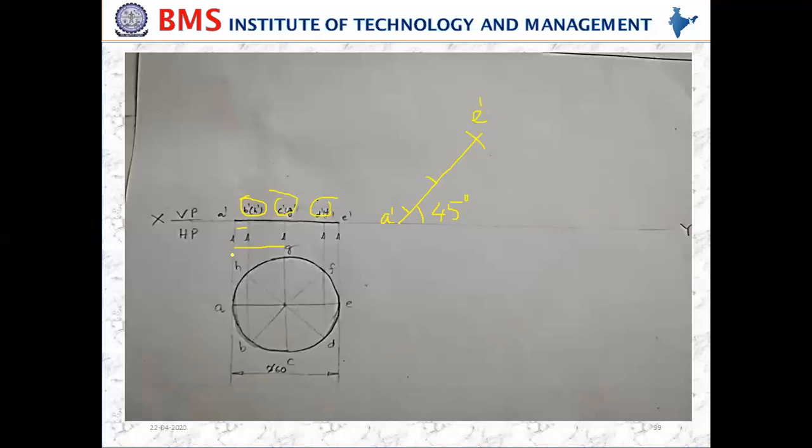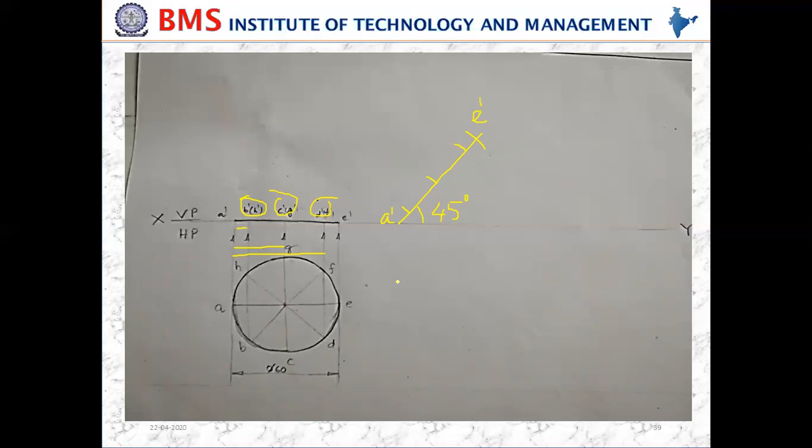Next, similarly, from A dash to B dash, D dash, how much distance is there? You locate that and get the point. So I got all these 3 points by taking the measure with the compass: A dash to C dash, and then A dash to D dash. Locate all these distances and then find the points B dash, H dash, C dash, D dash, F dash. Once you look at all these points, then draw vertical projections.